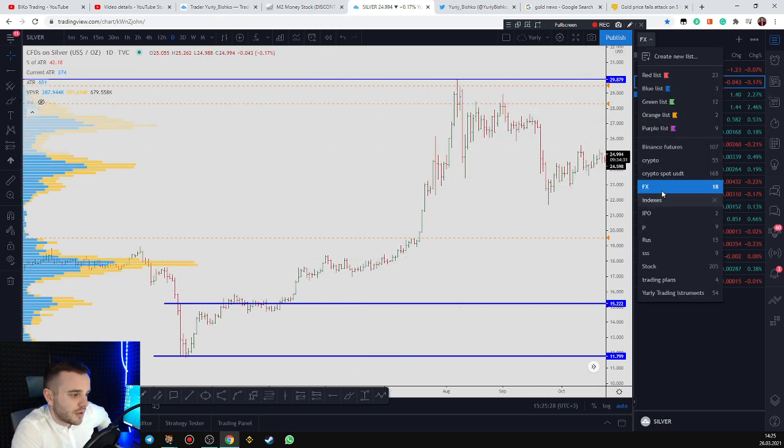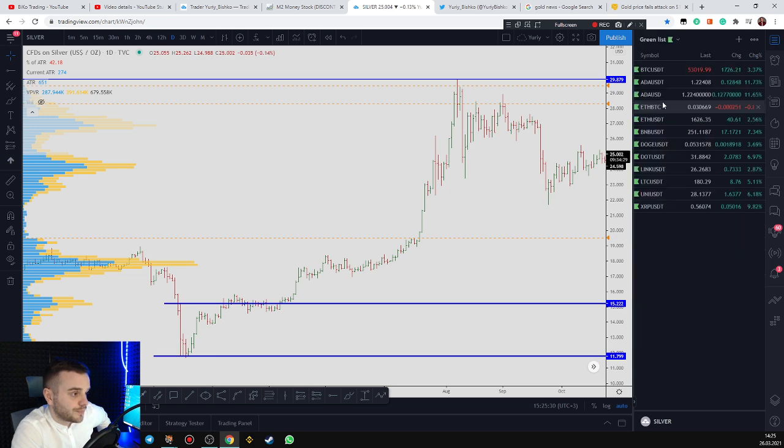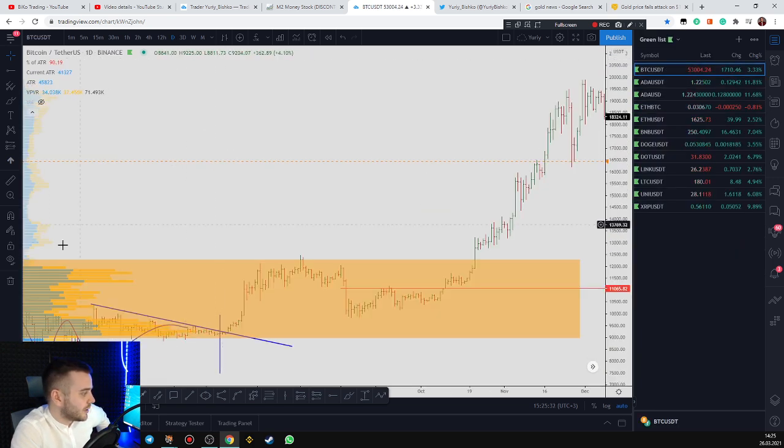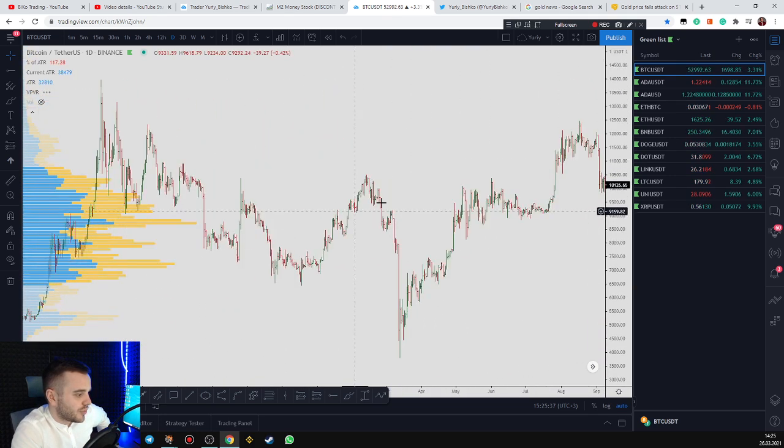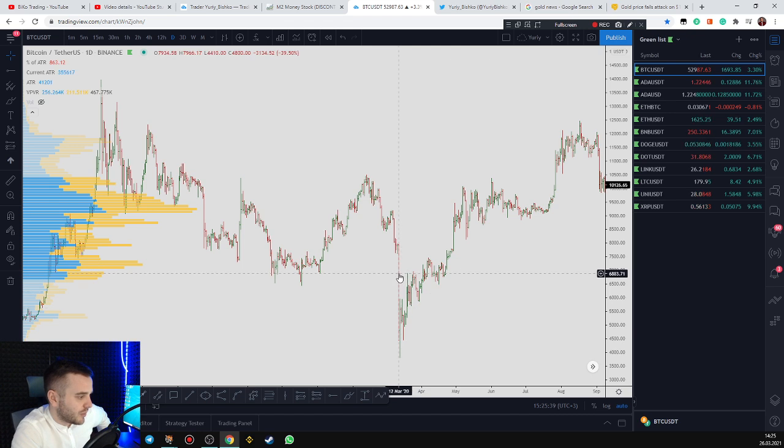The same here on Bitcoin. As you can see, before Bitcoin started an uprise, as you can see, a powerful down drop. And this candle, it was